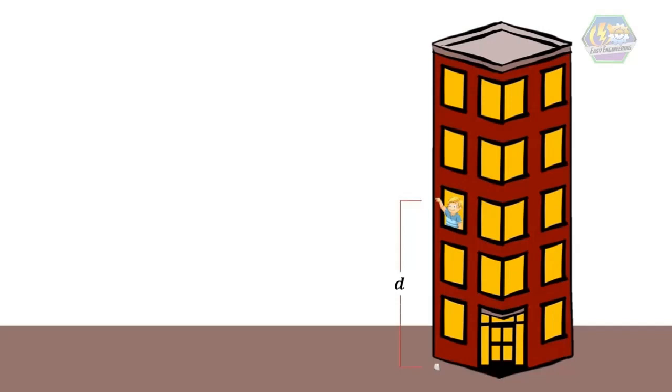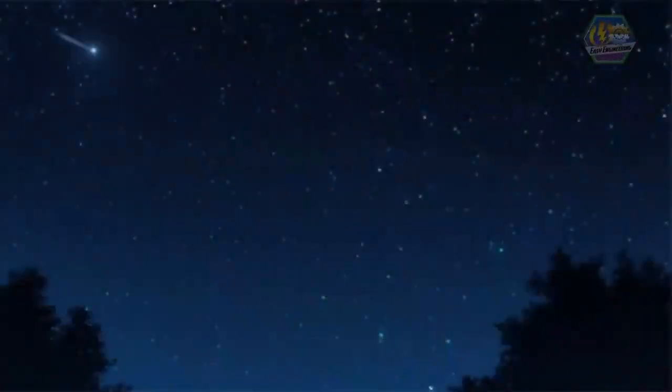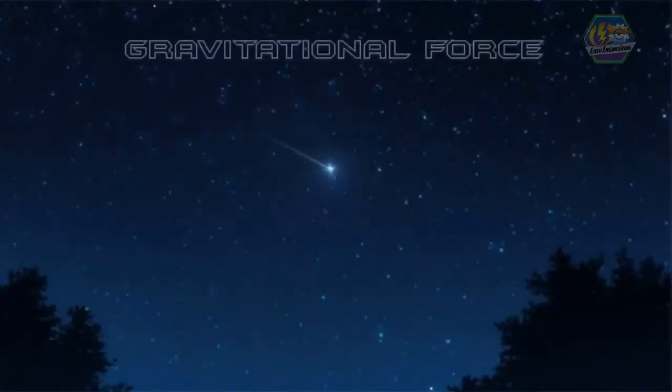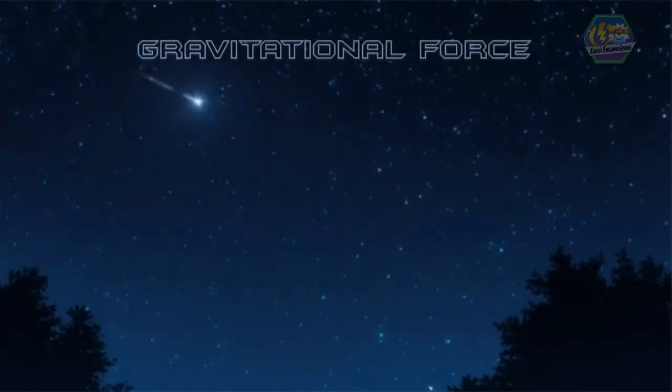Again, at first, the velocity of the stone is 0 meters per second, and right before it hits the ground, it possesses a value of velocity. We can simply say that the stone is accelerating. In free fall, free-falling objects accelerate towards Earth, and this acceleration is due to the gravitational force of the Earth, which is denoted by small letter g, derived from the equation of g as